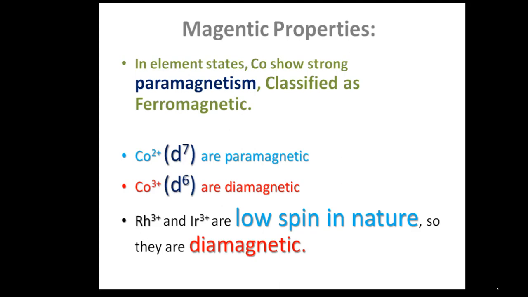In the third transition series, students, we observe tungsten, where the electronic configuration is 5d4 6s2, in platinum we see 5d9 6s1, and in gold the completely filled 5d10 6s1. So in this way we summarize the whole transition series elements: how the first, second and third transition series behave, and their anomalous behaviors.